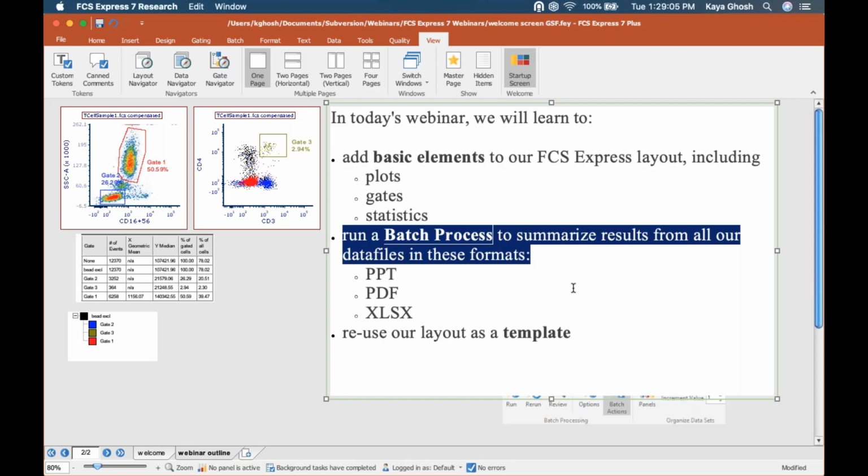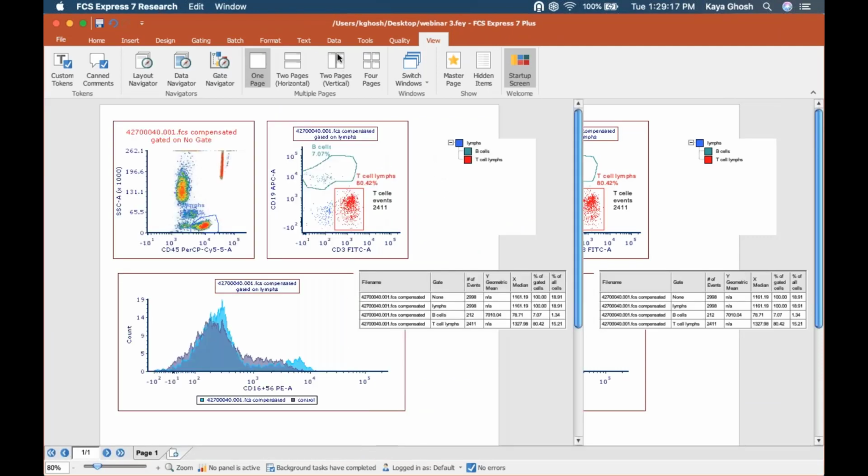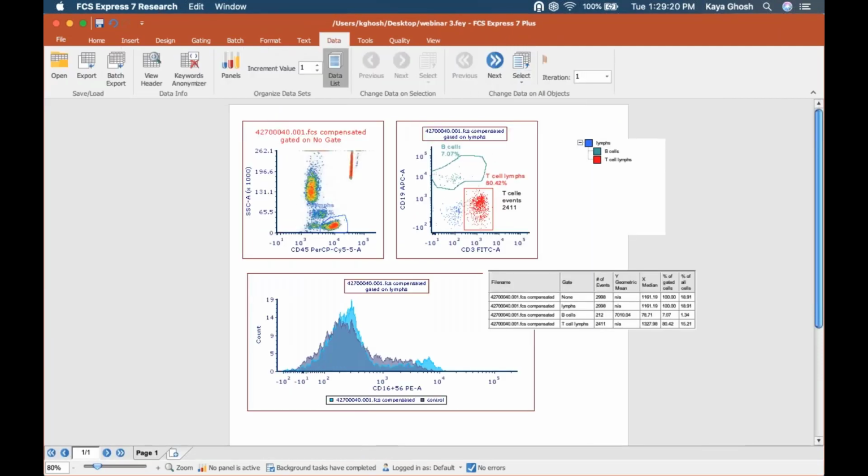We had 9 or 10 files. We want to summarize all those results to a visual format like PowerPoint and also to Excel. Okay, so let's do that. That's going to be very easy to do. But before you run a batch, I would say it's always a good idea to preview